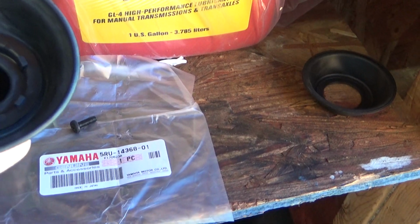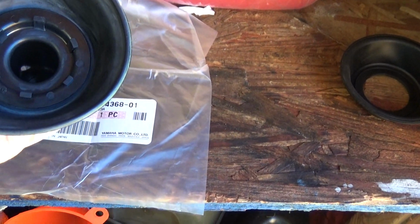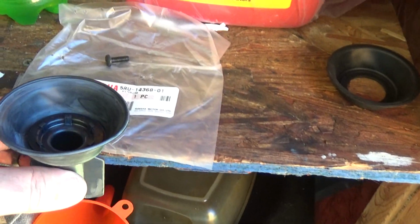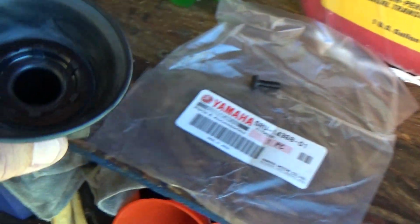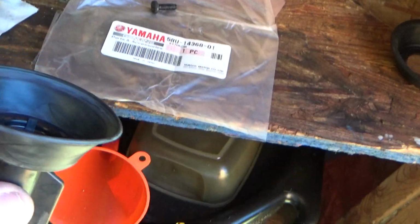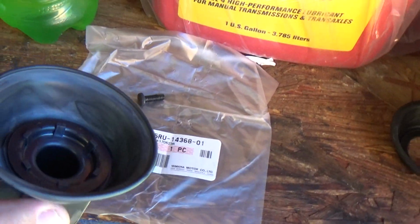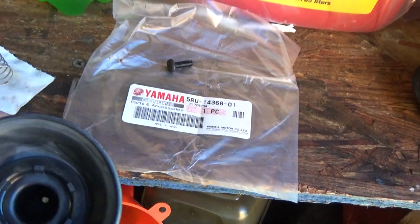I'm not sure the exact operation of this, but the way there's a hose attached to it on there, there's got to be some kind of vacuum or whatever pulling this thing up. It's looking like when you floor it, the plunger moves up so it can let more fuel go by. I mean, that's the best explanation I can come up with at the moment. I didn't bother digging into it at all. It's a very strange throttle body, but it works great. This is an outstanding vehicle, so I probably should know more about it. I have the service manual, but anyway,